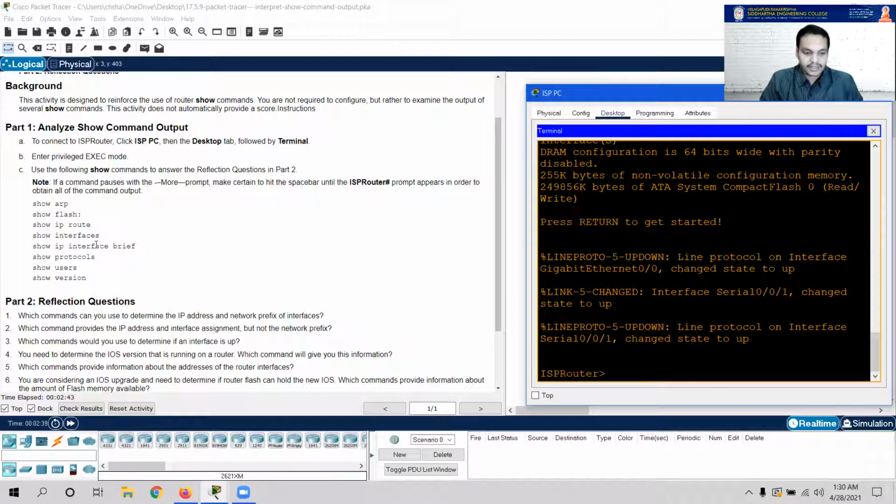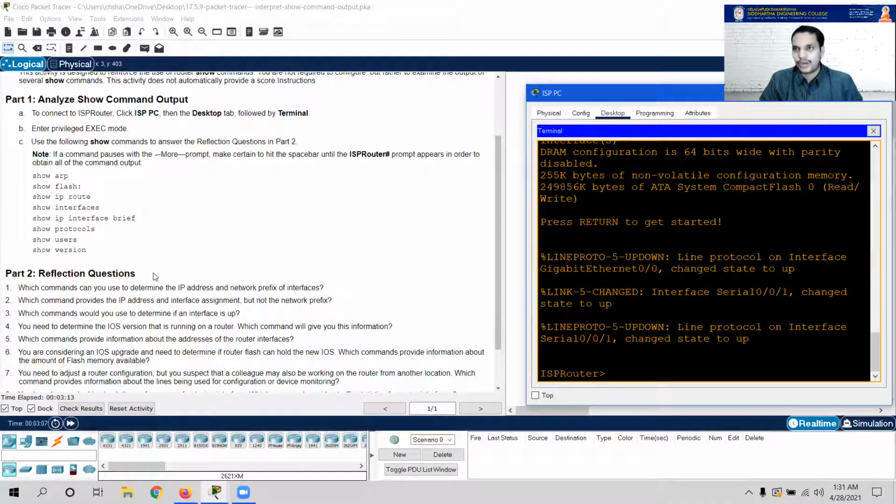Show interfaces gives you verification of interface status and any error messages on that particular interface. Show ip interface brief is a brief version, we will work on that. Show protocols verifies which protocols are operational. Show users, and show version tells you information regarding memory, interfaces, and licenses of the devices.